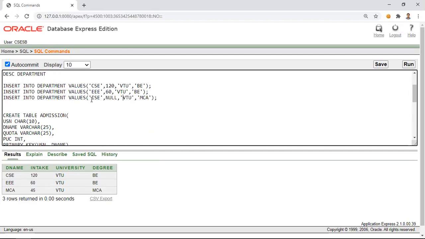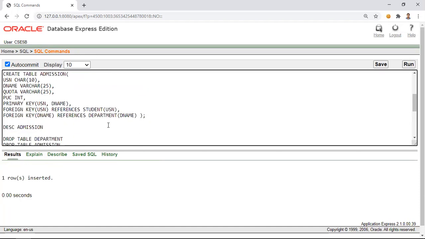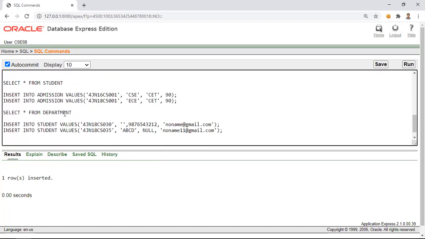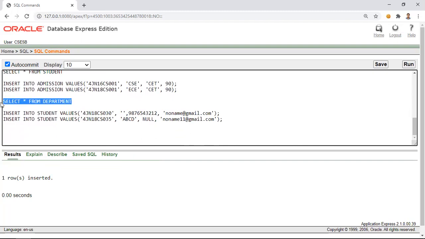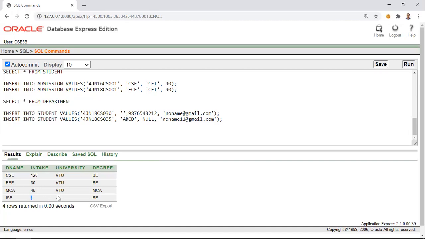So null, university also I will not specify. Okay, degree I will specify as BE. Will this get inserted? Currently it will get inserted because we have not yet added those conditions. If we look at the data present in the department table, you can observe a dash over here, it indicates it is null.